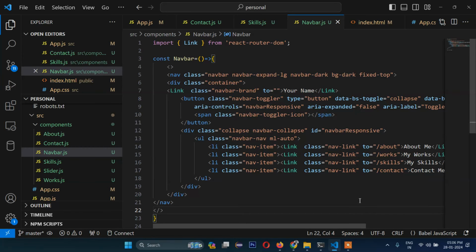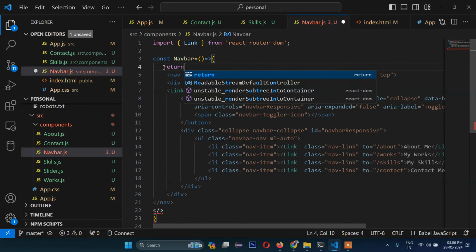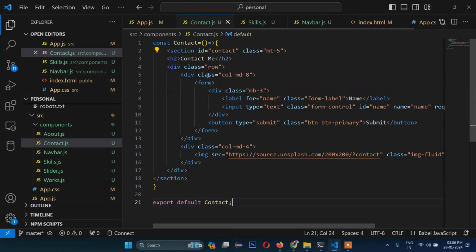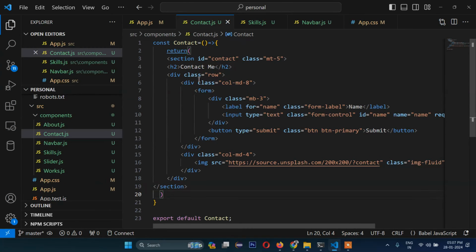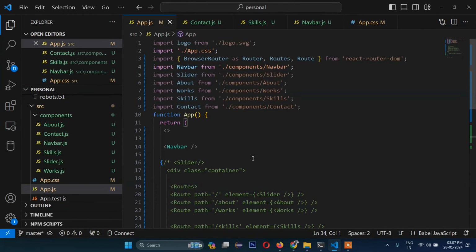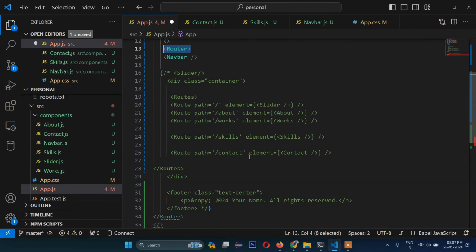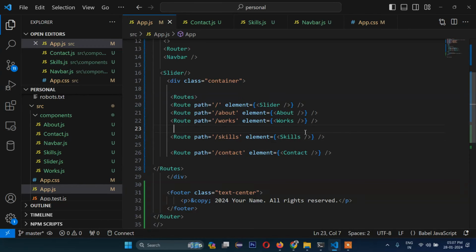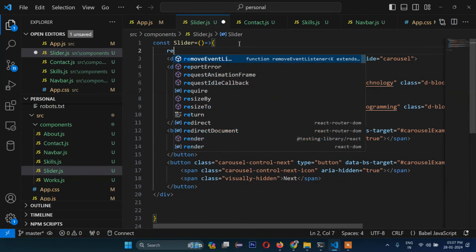Okay guys, there is a silly mistake actually, had to be return. So in all the components we need to add return this, so that was a big mistake actually. So return start and return close in all the components. So now let's open it and check. In slider also there will be return